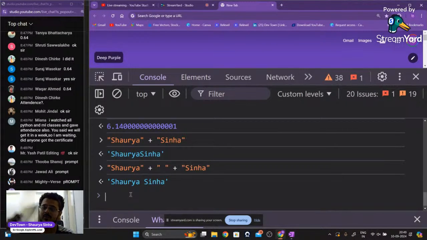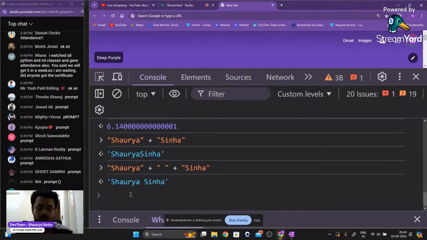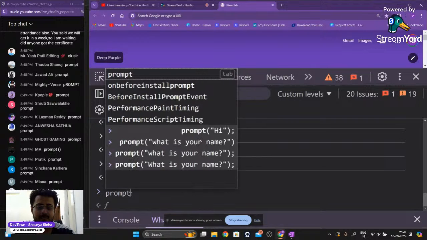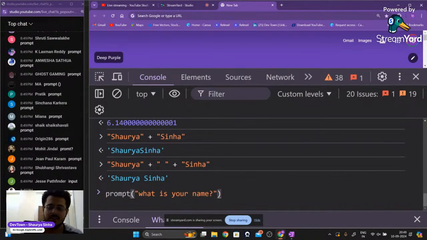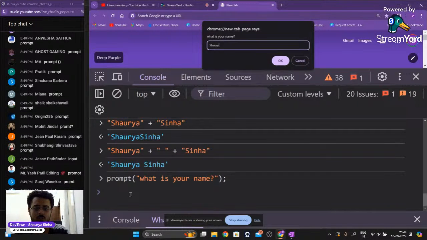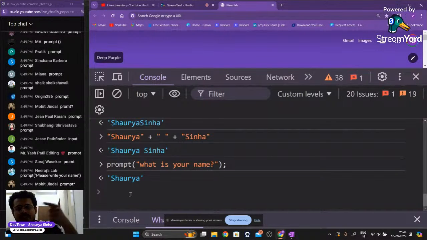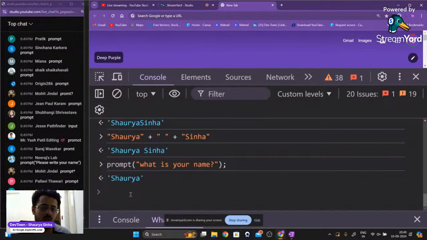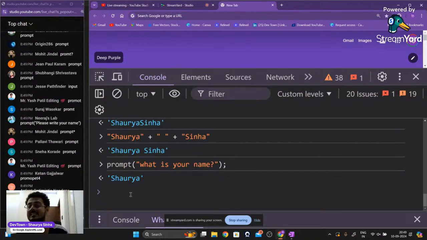So I'm just going to write prompt. I'll just remove the writing tablet from here so that it does not come on screen. Prompt, what is your name? Simple, right? Now if I run this, I'm taking in the input from the user, Shaurya, but I'm not able to reutilize this Shaurya anymore. Whatever input the user gave is coming in my console, but I want to reutilize that. So I want to store whatever input the user gave inside of a variable, so I'm able to reutilize it again.